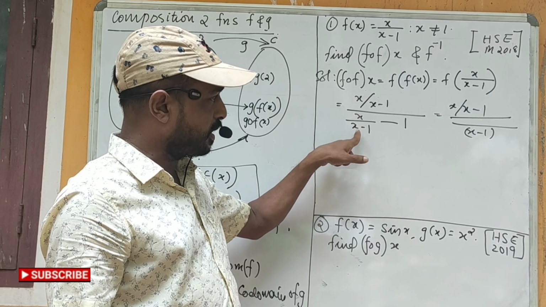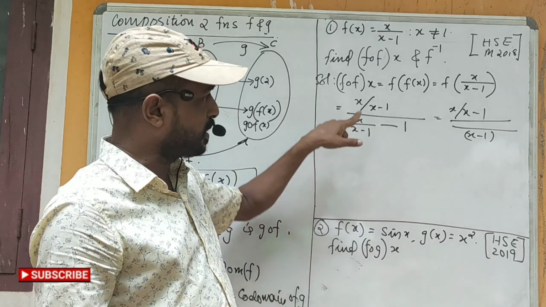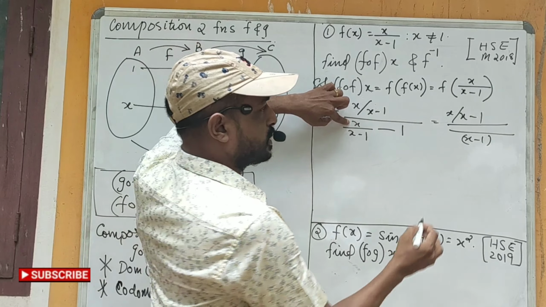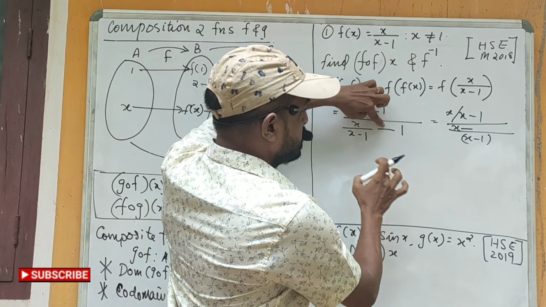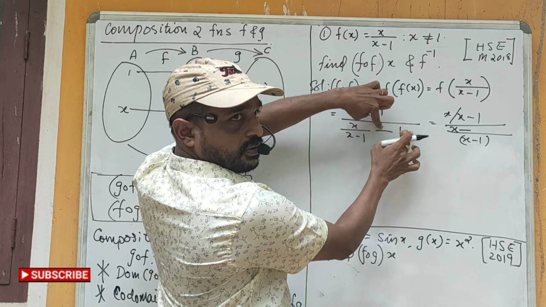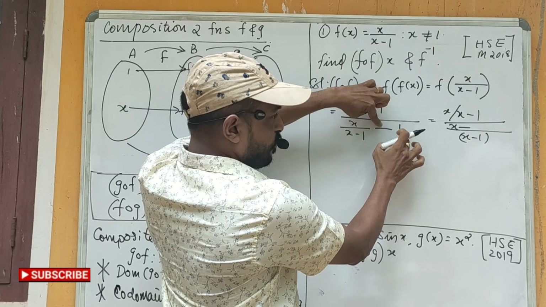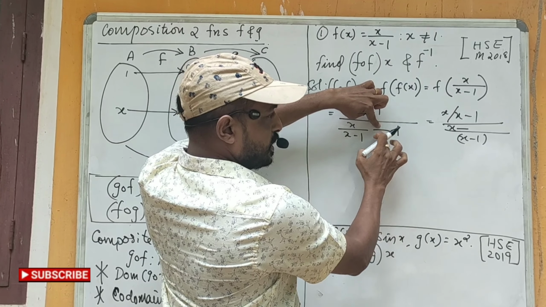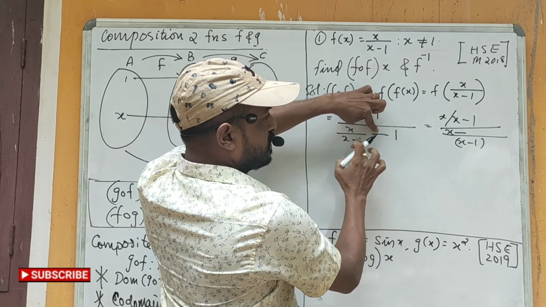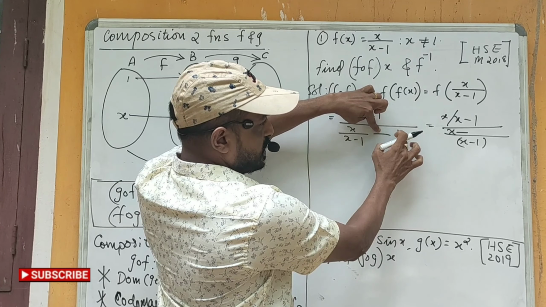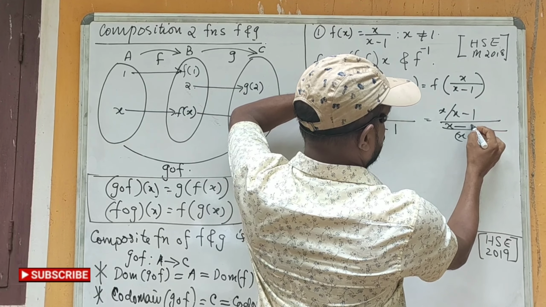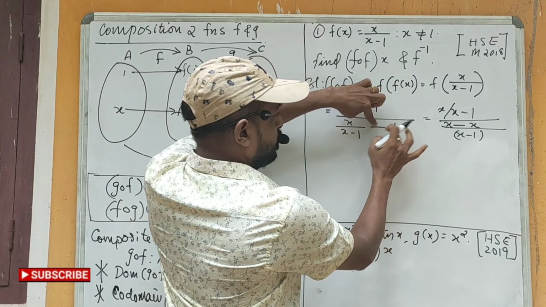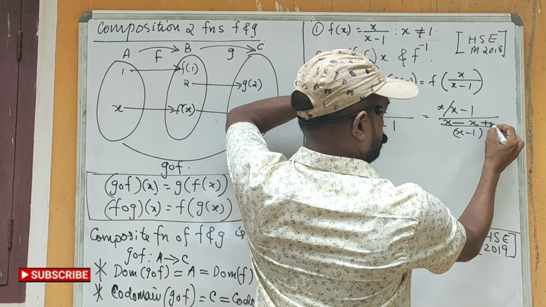See, in the numerator here we have x minus 1 in the denominator, so we are writing x as it is. Minus, see this x minus 1 is to be multiplied with this. So, minus 1 into x minus 1. That is minus 1 into x, minus 1 into minus 1. So, what is minus 1 into x? It is minus x. Minus 1 into minus 1 is plus 1.